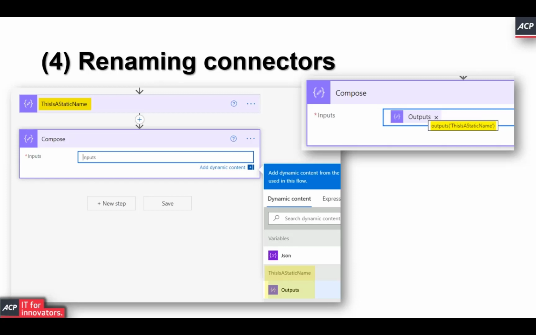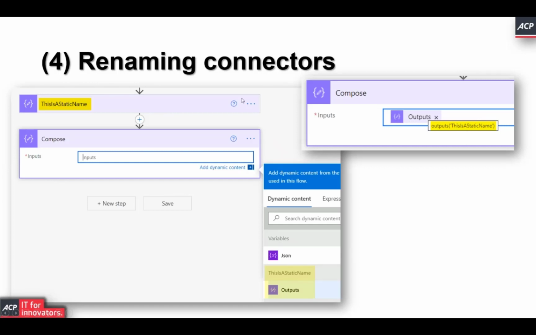You're going to go on, you're going to work with this, and then at some point you are going through the entire flow again, and you're looking at everything and thinking, "this is a static name" is not exactly the best name to give it. What happens is if you now rename this to something more useful, sadly, anywhere where you've used the output of this is not automatically renamed.